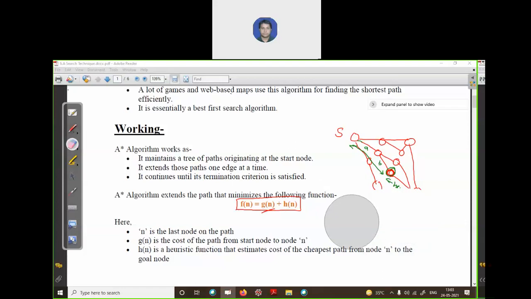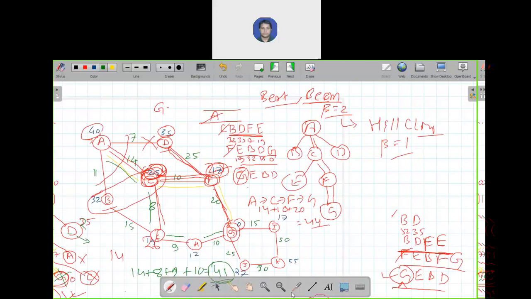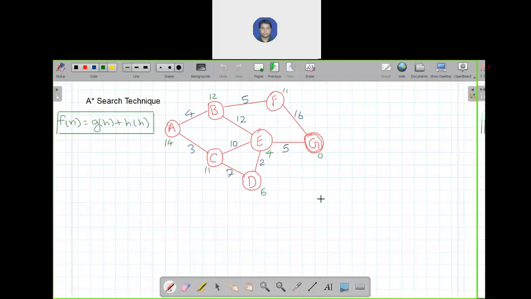If it is clear, then let's see an example and it will make this A star searching algorithm clearer. Here one example is given, and in this example consider A as your start state and G as your goal state.